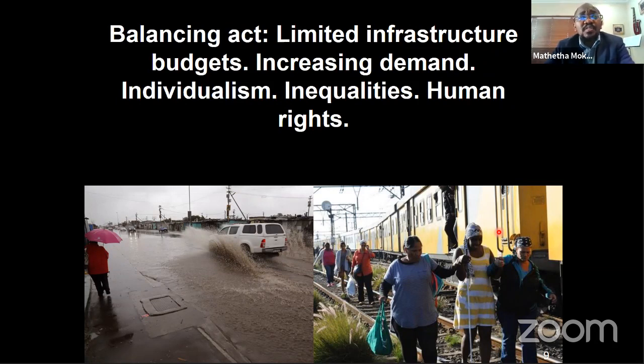There's increased need for individualism. Inequalities, what works for some may not necessarily work for others, but then also human rights. So you enforce, but you need to take into account rights. You influence, and to what extent can you resource the influence, so there's the need for